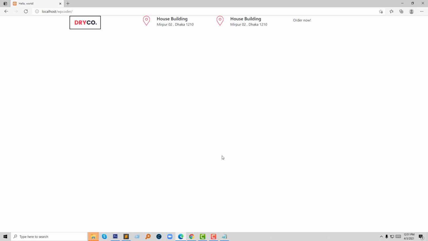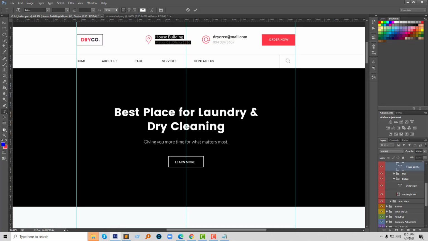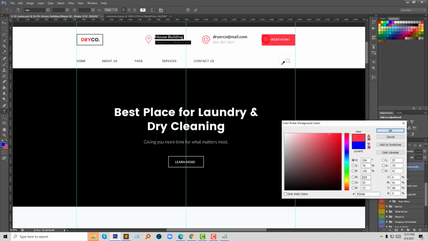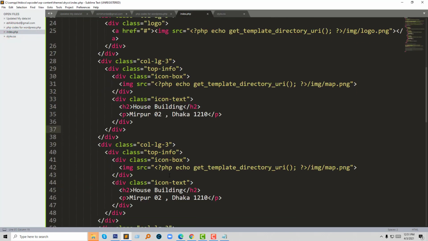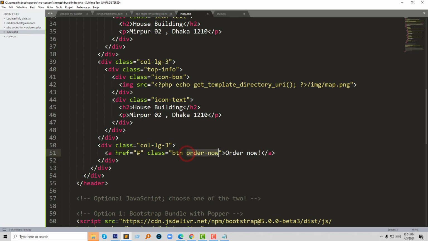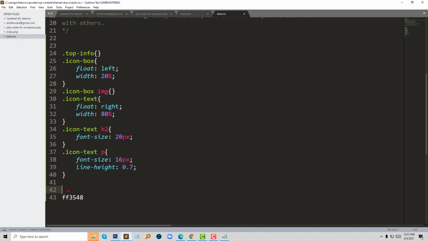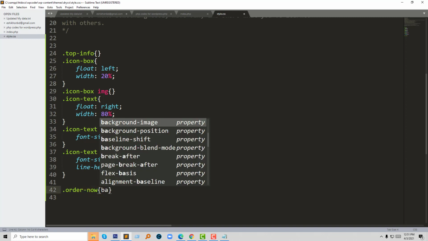So I'm going to copy this bottom color and going to button here. Order now. Class name order now. Background color